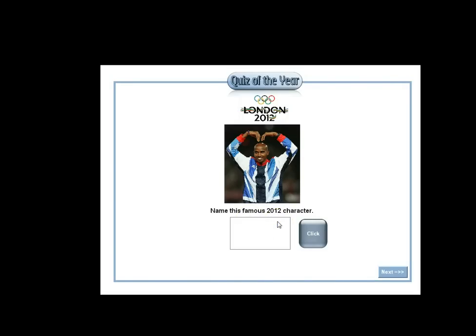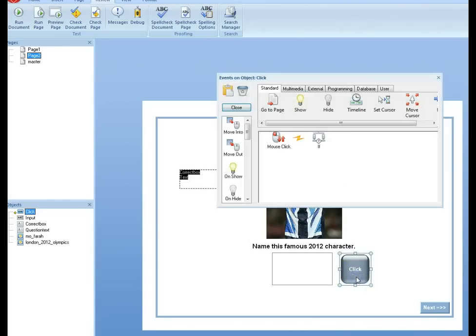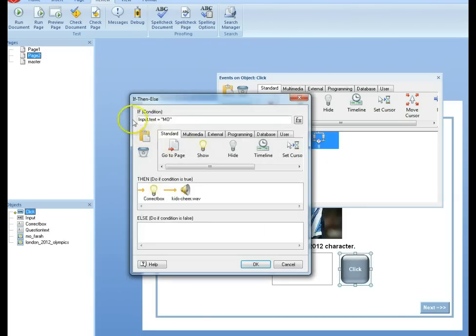If you type in mo, still got it wrong, because the computer doesn't know that a lowercase mo and an uppercase mo is the same thing. So we need to change it a little bit. Let's go here, right click, go to events, and this is where we change it so that whatever you do, it's always going to be seeing it as uppercase letters. So for that we need to put in a code, and the code would be upper. So let's go upper,